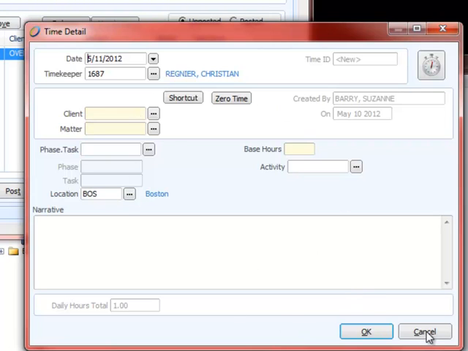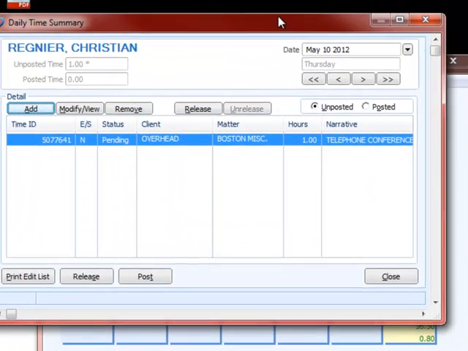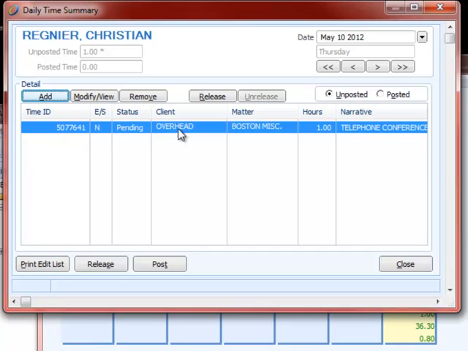If I'm done, I press cancel, and this takes me to the daily time summary where I want to verify all the entries I've made. I can also print an edit list report of all the entries I've made for that day. I can also edit at this point by selecting that entry and clicking on Modify View, but if I'm confident that this entry is ready to be sent to accounting, I'm going to click on Release and then click on